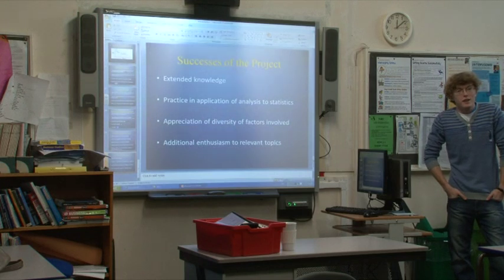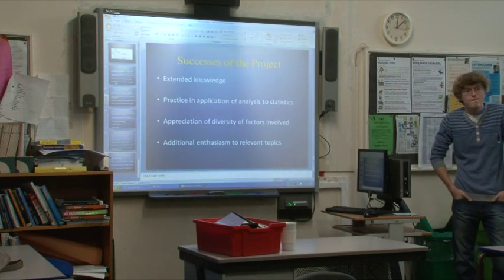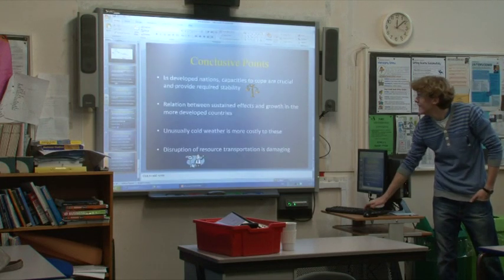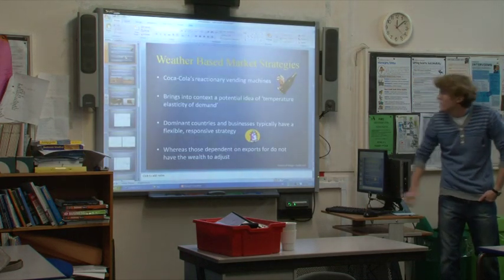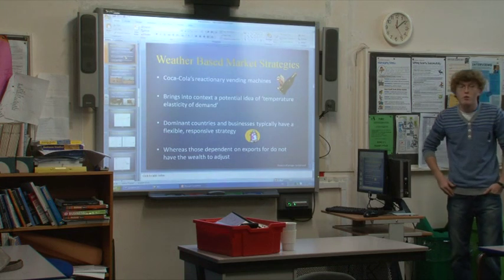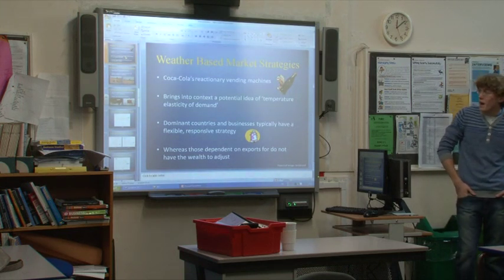I was interested in the Coca-Cola reactionary vending machines. How do they work? They were developed in 1999 in America and are now used in Japan. They have temperature sensors which adjust the